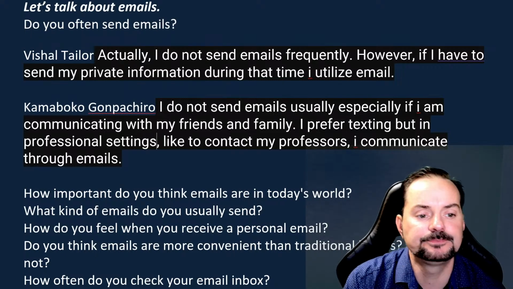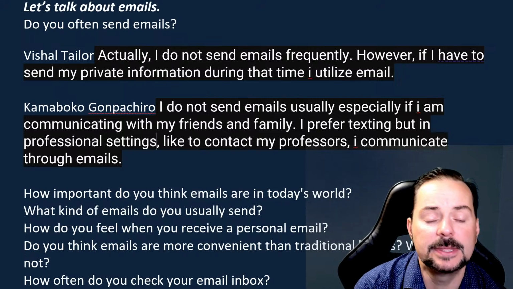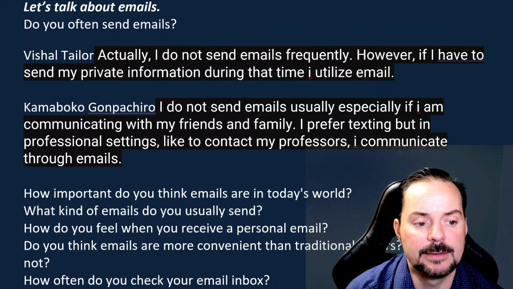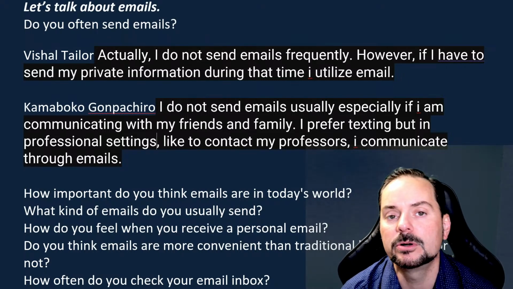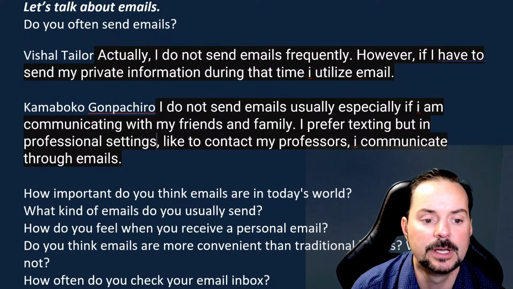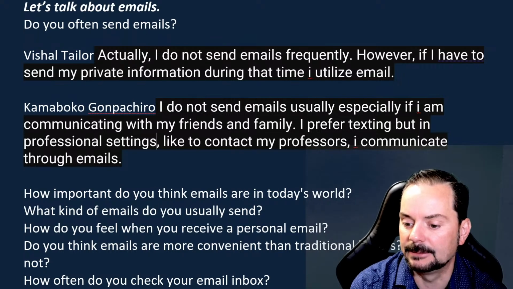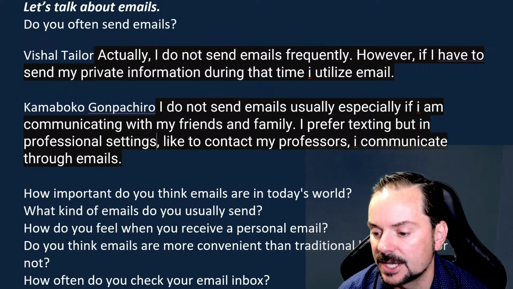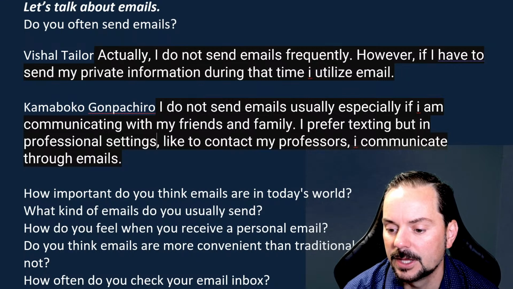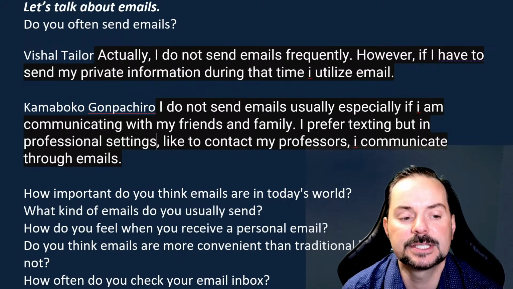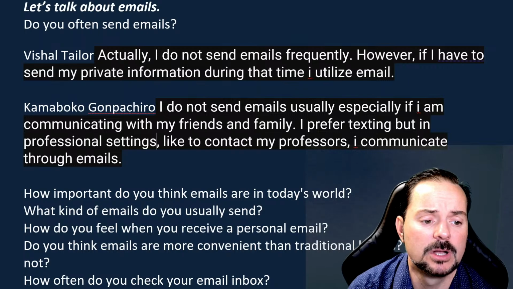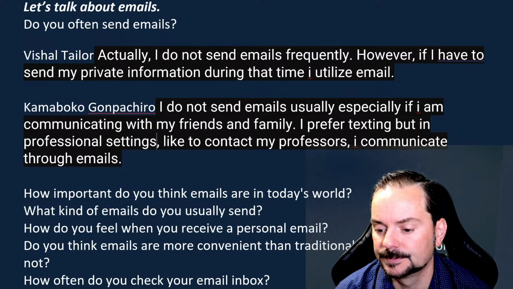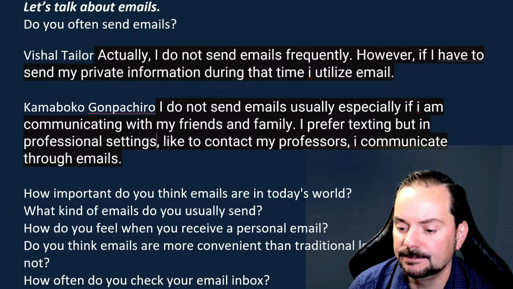So how many emails does Vishal send? And then let me ask you the next question in my head as your examiner, if I'm Vishal's examiner or Kamaboko's. How many emails does Kamaboko send in one day? Give me that. Amra says, not given. Carolina says, I don't know. Nipa says he didn't mention. Okay, well, how many does Vishal send in 1 week, or Kamaboko? Oana says not even one, maybe?